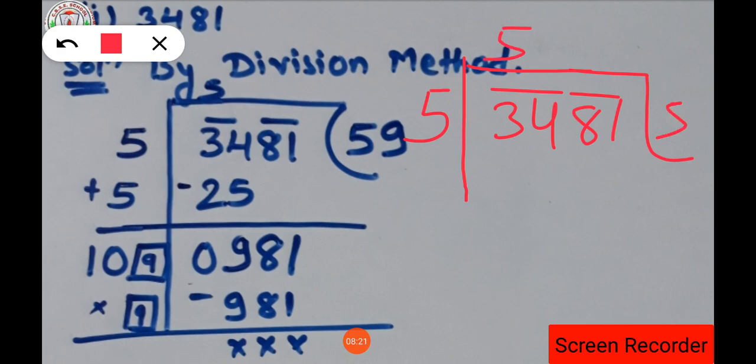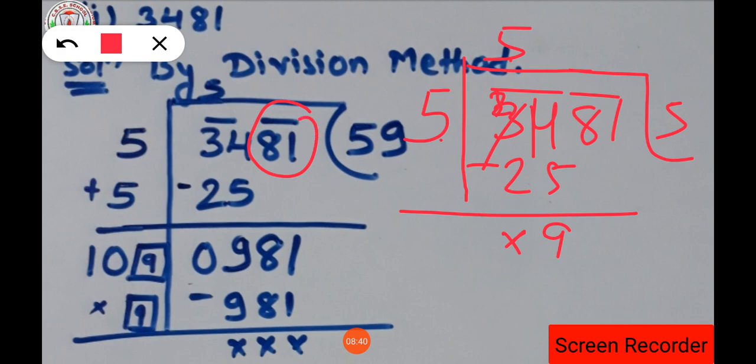Okay, 5 we will write in the quotient. Now 5 5 is 25. Subtract it. How much will you get? Here it will give a carry, so it will become 9. Here 3 is left, so 2 is left, so 2 minus 2 will be 0, isn't it? Now this 81 together comes to the next step, so it will become 981, isn't it?